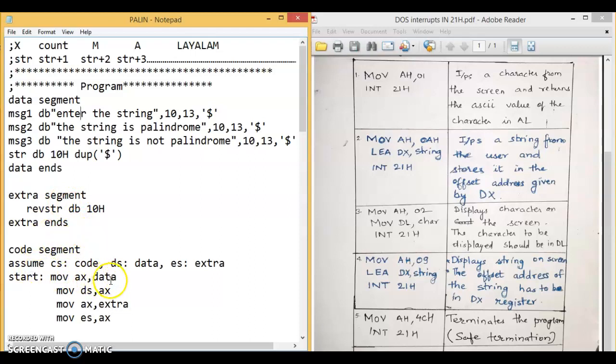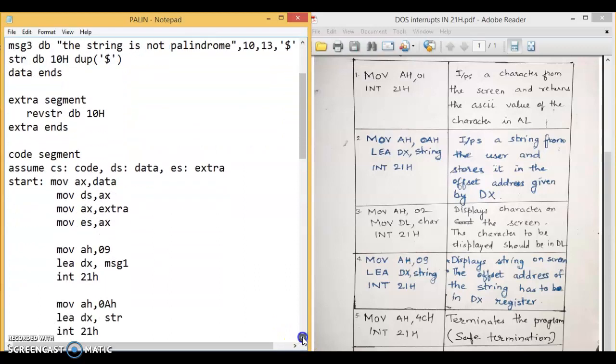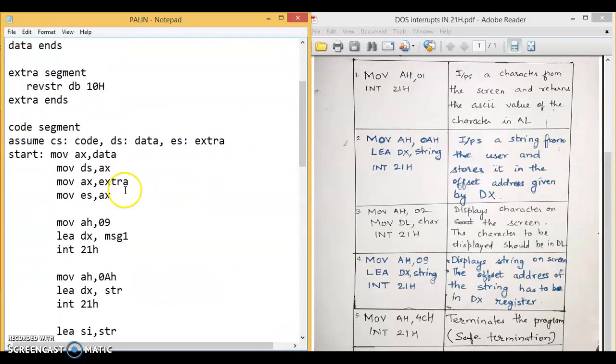And in the code segment, we have to initialize the data segment, so MOV AX, data; MOV DS, AX. Remember here, the data segment is to be initialized by the user and the remaining segments are managed by the processor, but since the extra segment is also a part of the data segment, it also needs to be initialized.